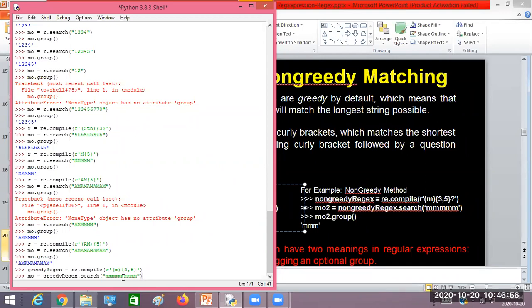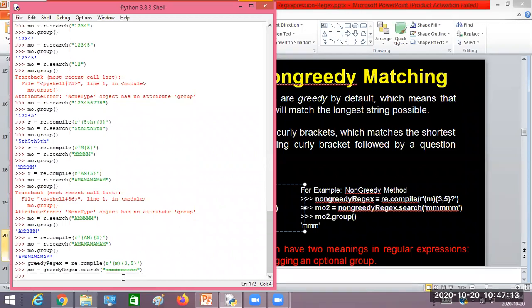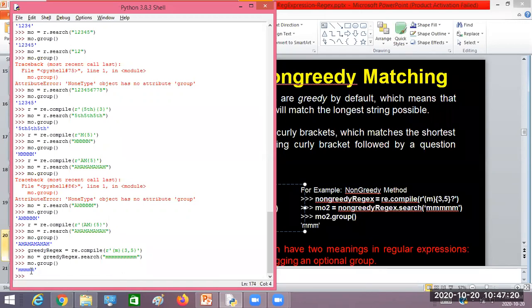In the greedy method, it always matches the longest possible match, meaning always the maximum repetitions. So if I write this example, it is going to give us 5 occurrences of M. If I have only 3 characters length, I'll get 3.